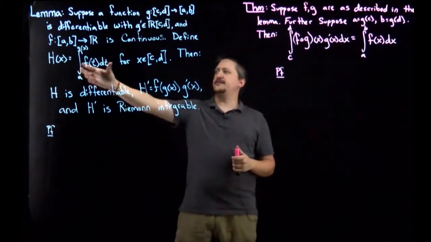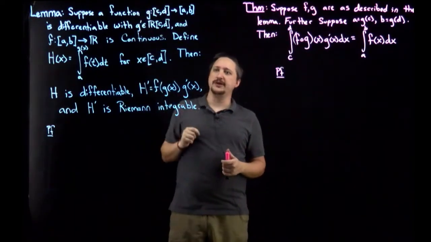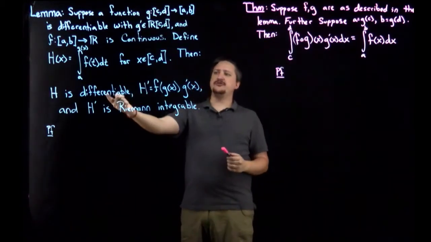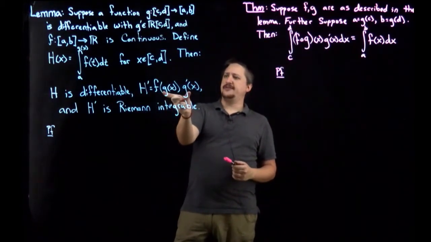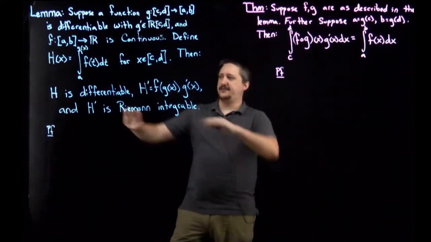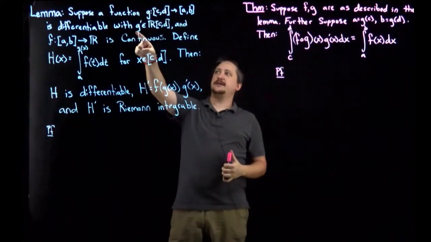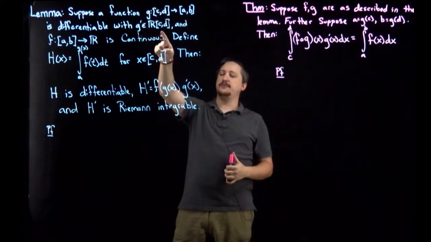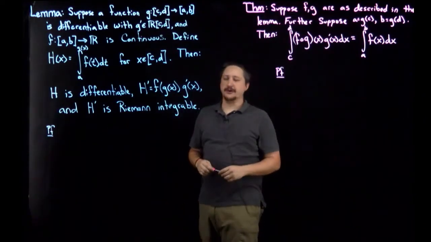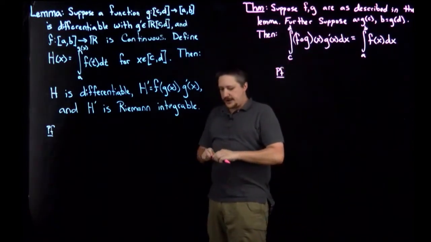So we're defining h of x as this thing for x where it makes sense, right? Where I could actually put in an x in the g. And our conclusion then is h is differentiable, h prime is this thing. And again in the text, that's the end of it. I threw in here that g prime is Riemann integrable, so that we could also conclude as part of the lemma that h prime is Riemann integrable, and we'll see where that matters. Okay? All right,